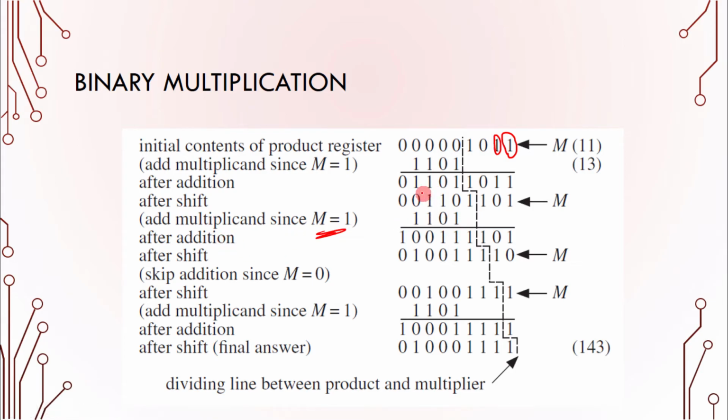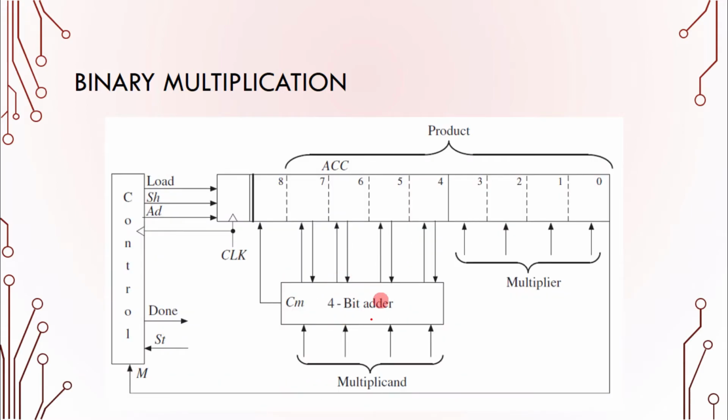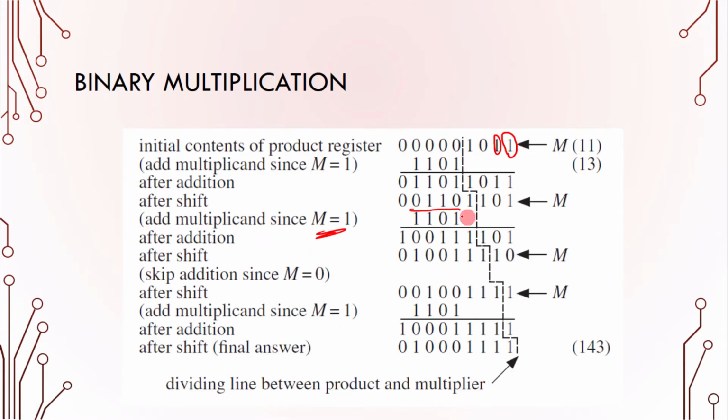Here these are the 4 bits of the accumulator register, whereas this is the same 1101. When you add these 4 bits, because we have a 4-bit adder here, this is 011, 101, 110, and there is a carry 110, and the carry comes here, 1. So after addition, the controller sends the shift signal, and this entire accumulator register shifts towards the right by 1 bit. So you are adding 0 here, and all other contents are shifted by 1 bit.